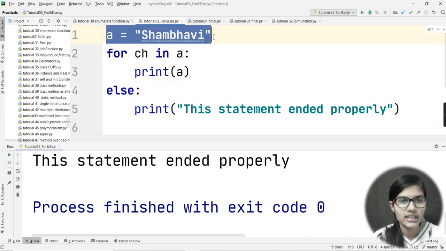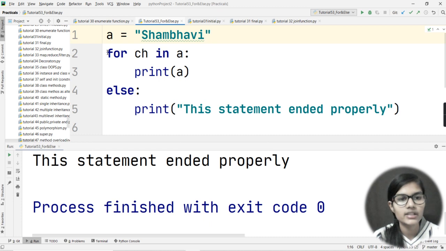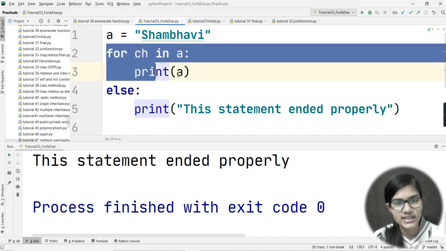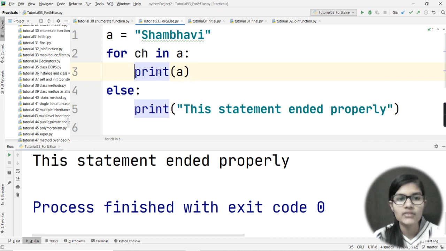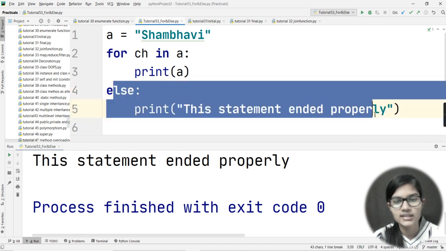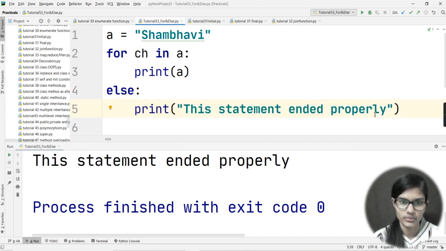So whenever I have a loop, it goes inside the loop and prints, and after coming out of the for loop, it goes into my else condition. There it prints this statement ended properly, meaning there was no error, and at last it goes to my else statement. I hope you got the point.